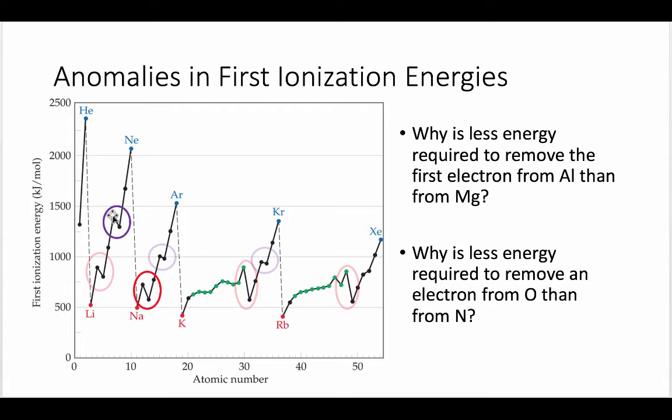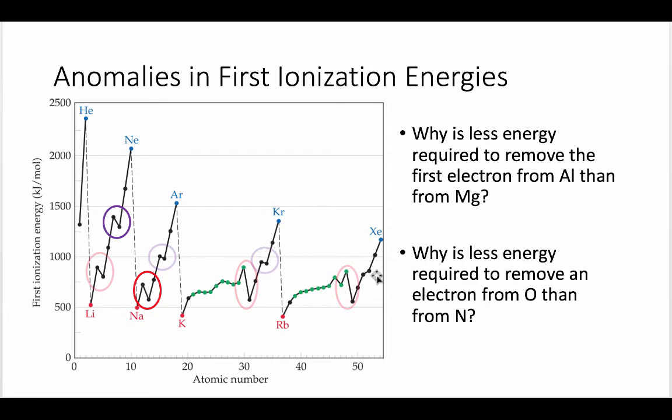And so because of those 3 electrons in the P sublevel, when you add another electron in oxygen, it's forced to pair, following Hund's rule. And when it pairs, there's some electron-electron repulsion from those 2 electrons being in the same orbital now. That makes it slightly less stable and makes it easier to remove an electron because of some of that electron-electron repulsion that you see. So having a half-filled sublevel also makes things a little bit more stable than they would be otherwise. So you see that pattern here with oxygen and nitrogen, and in the 2 periods below it,